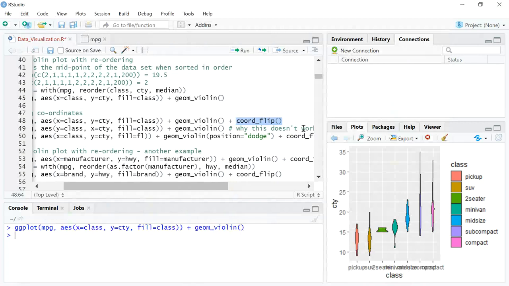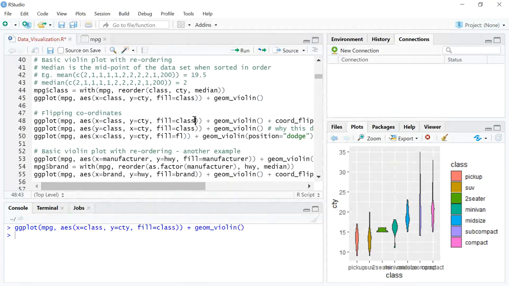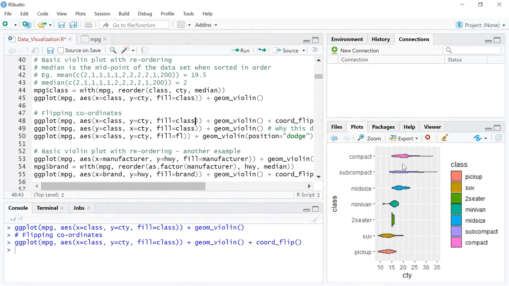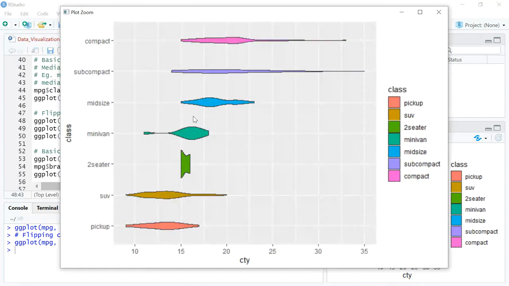So what this does is it actually flips your x-axis and y-axis. And I'll just show you the code. I press Alt Enter. Now the x-axis and y-axis have been flipped. Now you can easily read the x-axis, even if the characters are slightly lengthy for each of the x-axis labels. You can actually read them because it is horizontal now, right?